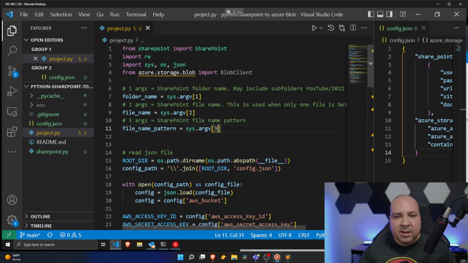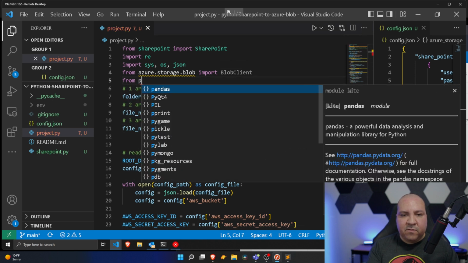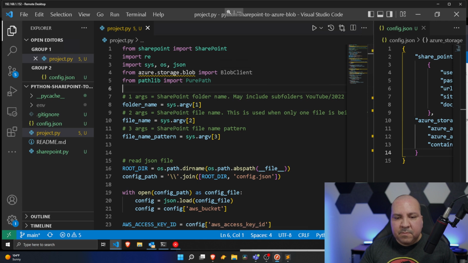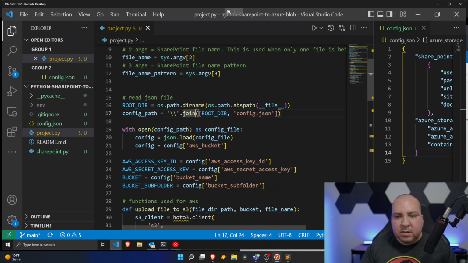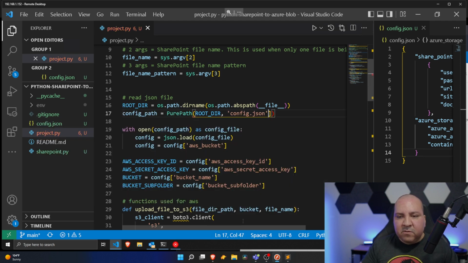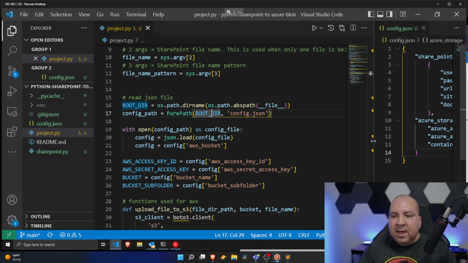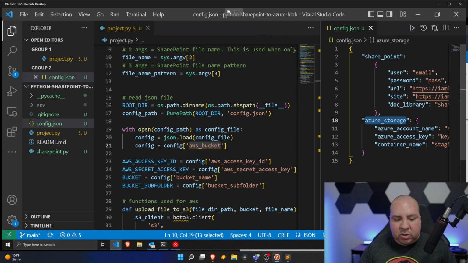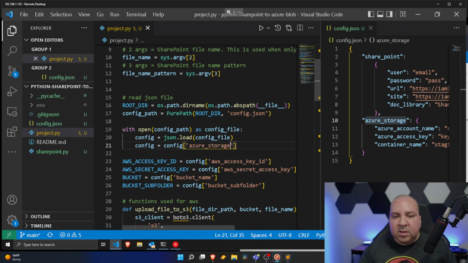We need to bring in, from passlib import PurePath, and then we're going to replace this with PurePath, but it's not a list format, so I need to take that away. So there you go, we have our directory path and our file. Boom, that's good. Also, see how when we're reading this configuration, we're reading the AWS bucket. Well, that's not what we're doing anymore. Now we're reading the Azure Storage key. So I'm going to replace it with Azure Storage,